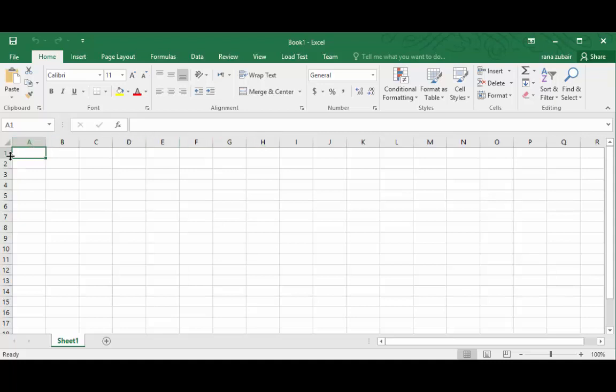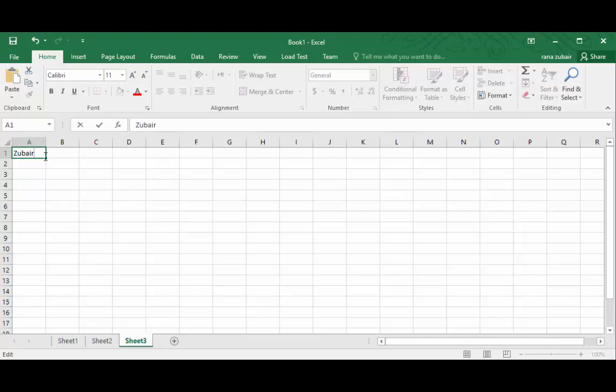These are representing columns and these are representing your rows. Here are your sheet tabs. This is your worksheet. And this is the formula bar. What I have written here will be shown in the formula bar. And this is name box.